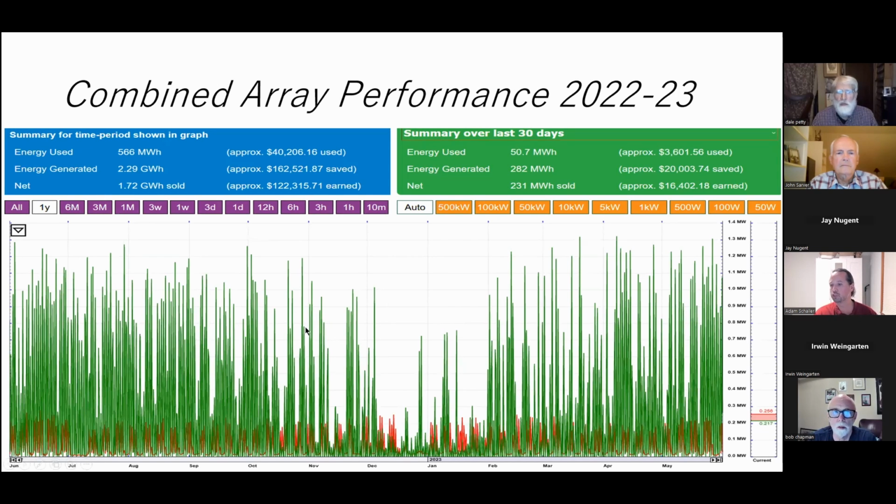This is just a view of my monitoring software and how much power I've made over the year versus what my shop uses. The green is, and it's condensed. I'll show you on the next slide a little bit more of my daily shop ramp versus my daily solar ramp. But you can see I'm actually generating 2.3 gigawatts a year, and I'm using about 556 megawatt hours per year. So the only reason that I can get away with generating much more than I use is because I